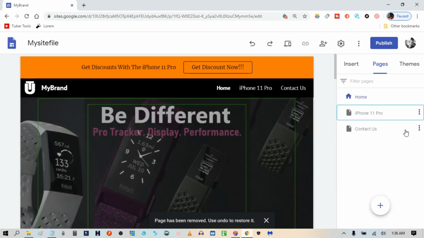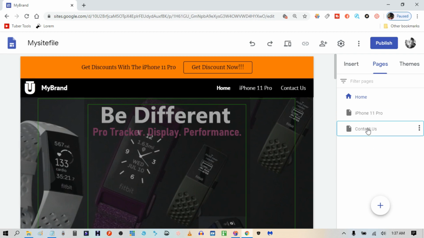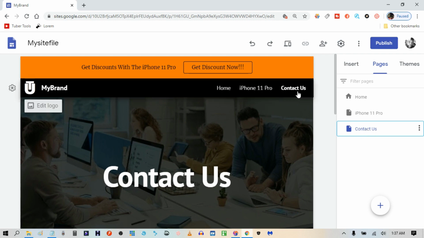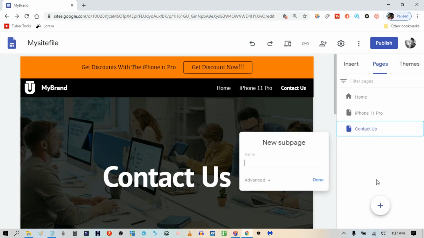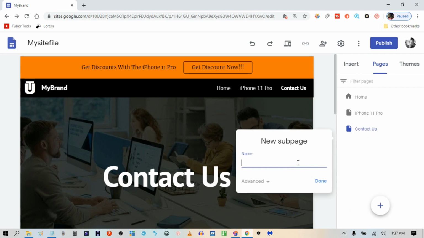Another way you could do it for the pages to still exist and be able to see them, but not on this list, but they're going to be in the navigation area, is to use the pages as sub pages. So what you do, I'm going to click on contact. I want the pages to be on contact because they are kind of contact related. So I'm going to click on the three dots and then say add sub page. So I'm going to say add sub page and then say location. Let's say head office